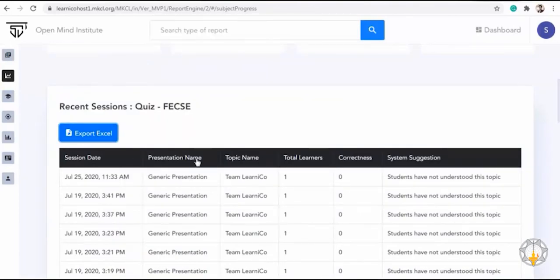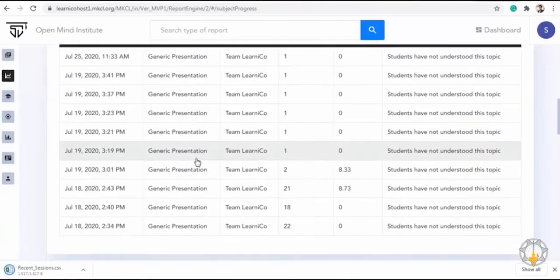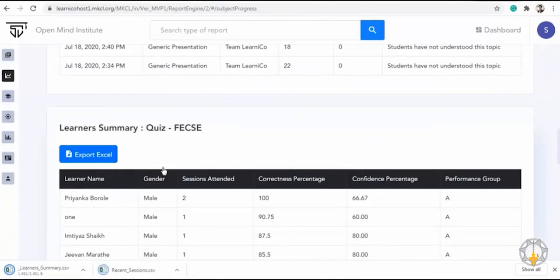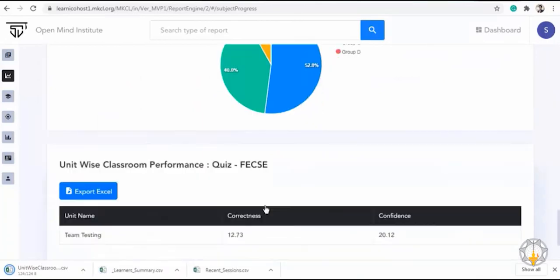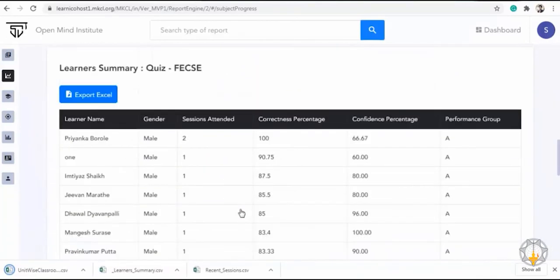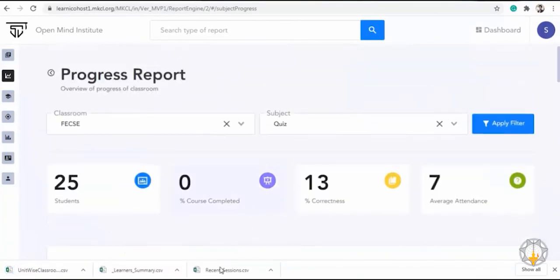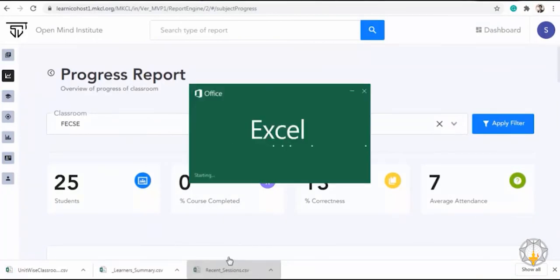Click on Export Excel and download the reports separately. This is how the reports look in an Excel sheet.